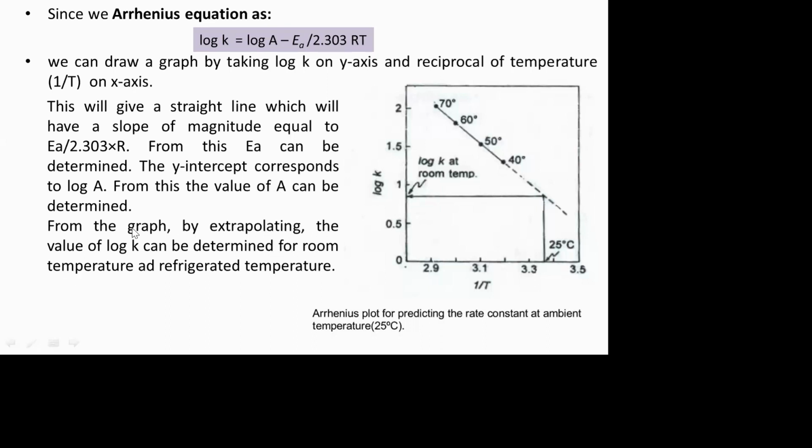From the graph by extrapolating, the value of log K can be determined for room temperature as well as for refrigerated temperature हैन, रेफ्रिजरेटेड टेम्परेचर र रुम टेम्परेचरमा पनि लग के को भ्यालु पत्ता लगाउन सकिन्छ हैन. रिएक्सन रेट कन्स्टेन्ट के निकालियो